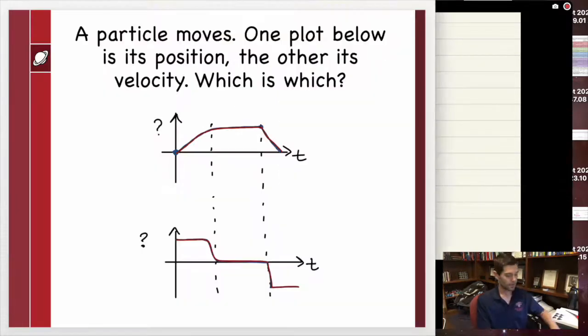Now, all this really is saying, the idea here is not just graphs, but we're trying to connect the ideas between position and velocity. So we can think of, if we go to the board,